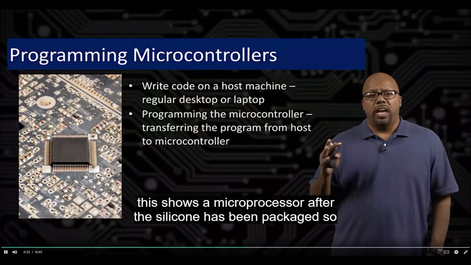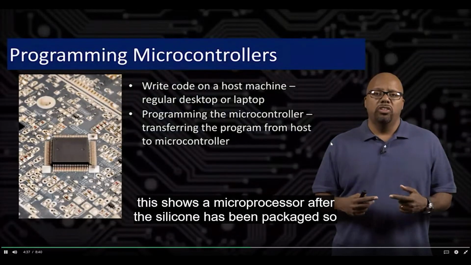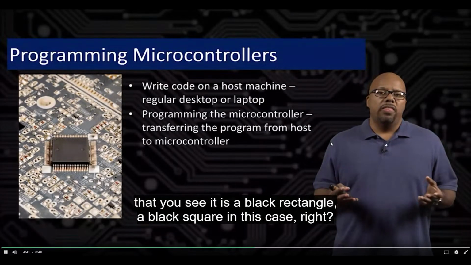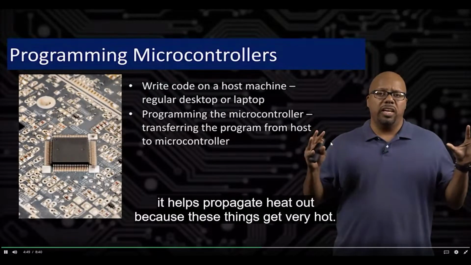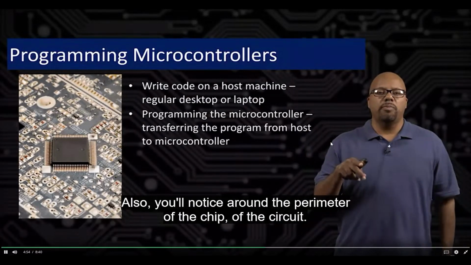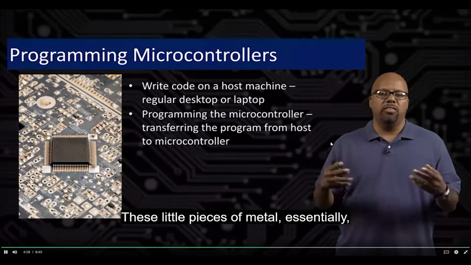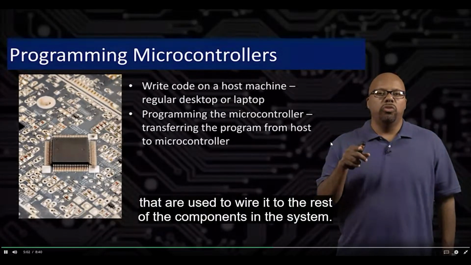So this picture shows a microprocessor after the silicon has been packaged, so you see it's a black square in this case, right? That black is all packaging, and that packaging is basically to keep the chip safe. It also cools it, helping propagate heat out because these things get very hot. Also, you'll notice around the perimeter of the chip there are these pins. They're called pins. These little pieces of metal are used to wire it to the rest of the